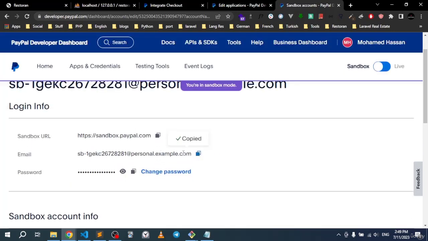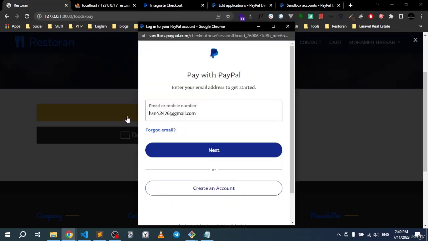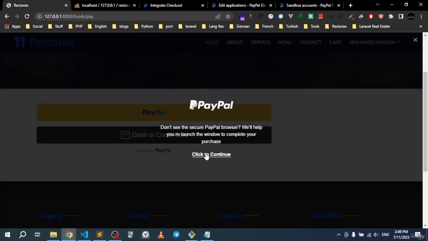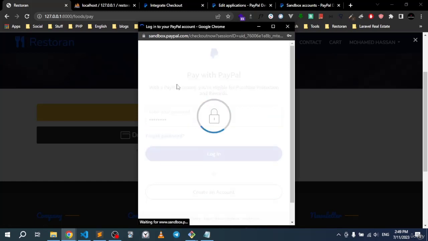So there we go. Let's copy this, paste it right here, and copy this. There is the password, and if we click login like that,